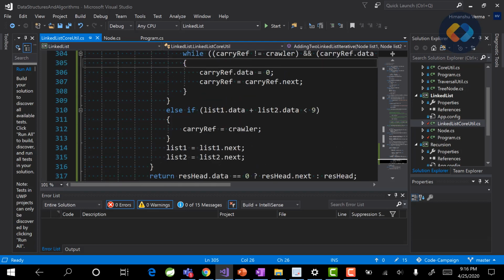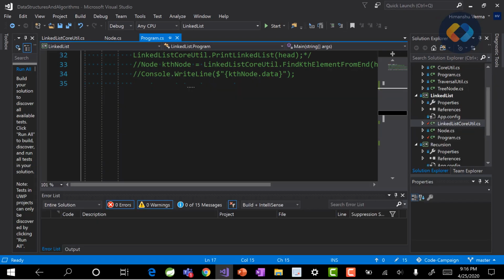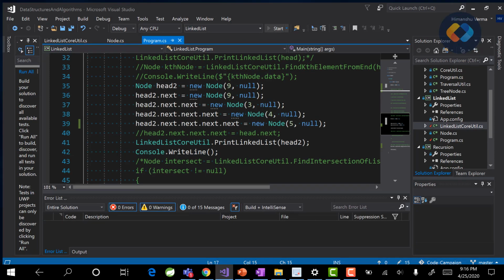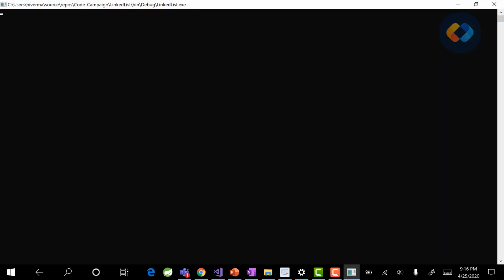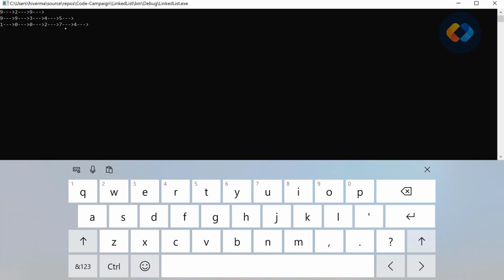Let's run the code so we can see what is happening. Okay, the sum is getting generated properly, so our program works.